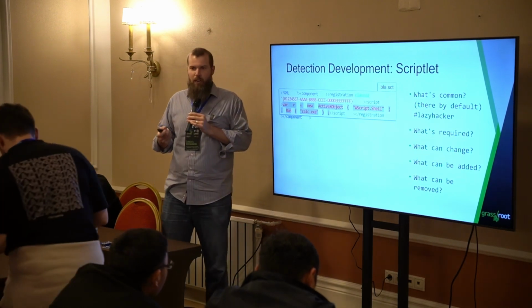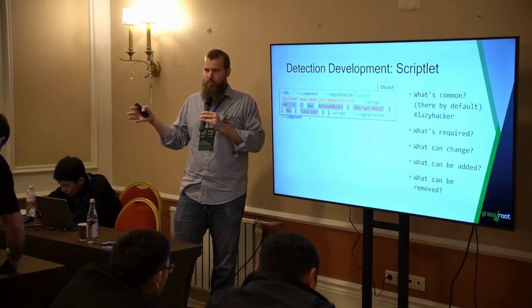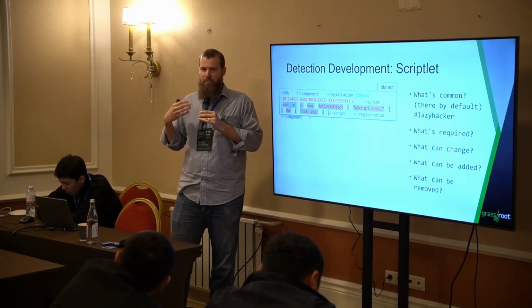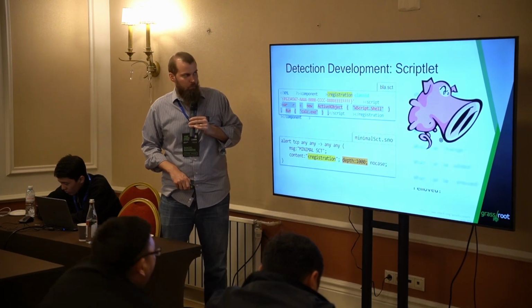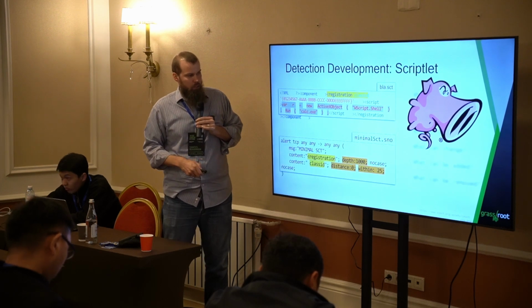So again, keep this in mind when you're writing detections. Don't assume that something has to be within 1,000 characters. It could be 10,000 characters. What are size requirements? There's a lot of different factors, so I would encourage you to test in your own environment and look at the data that's produced as you're writing these kinds of detections. So we can write snort rules for these detections. I'm going to skip